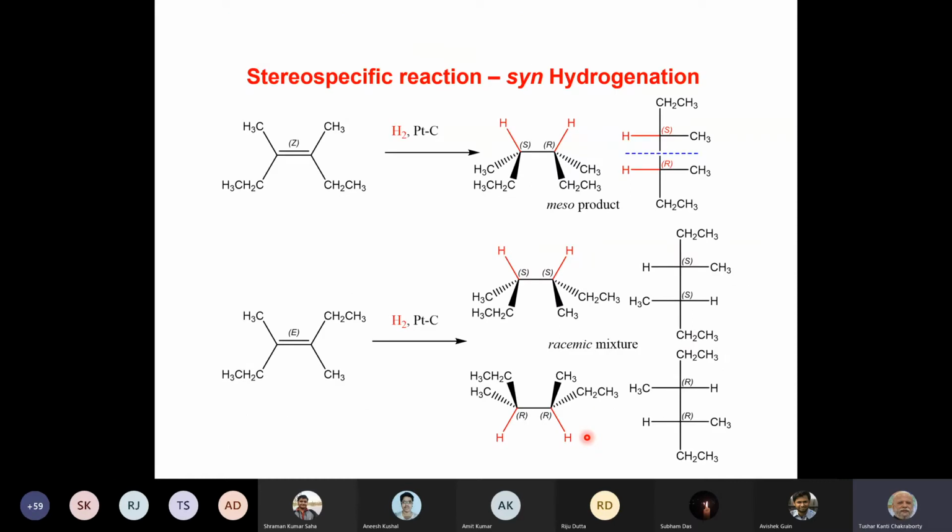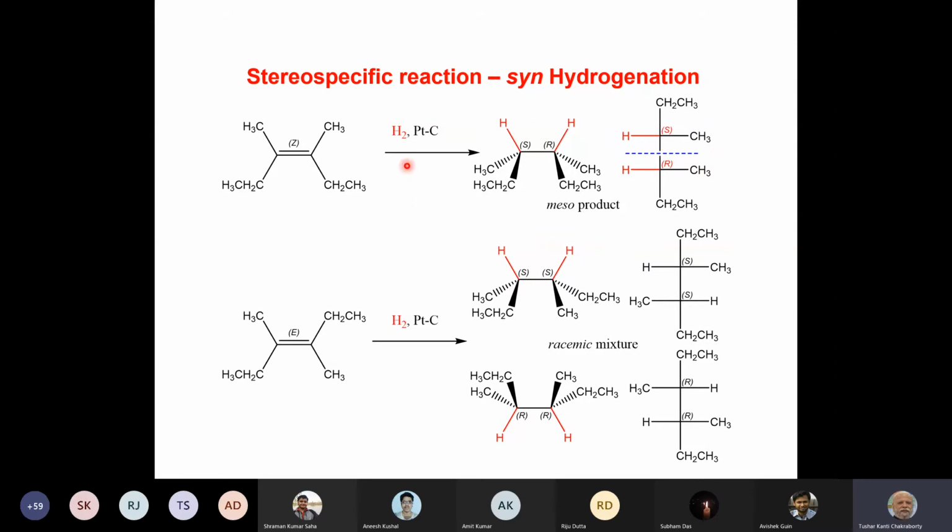And some other reactions: I have talked about hydroxylation, now catalytic hydrogenation. In the presence of a platinum catalyst or palladium catalyst, you use hydrogen. So it also gives syn addition, with hydrogen coming from the same side. So you have a symmetrical olefin as shown here, and you get this center hydrogenated, and then you can see that one center is S, one center is R. If I draw a Fischer projection of this product, it will look like this. And you can see that there is a plane of symmetry passing through this molecule. So this is a meso product.